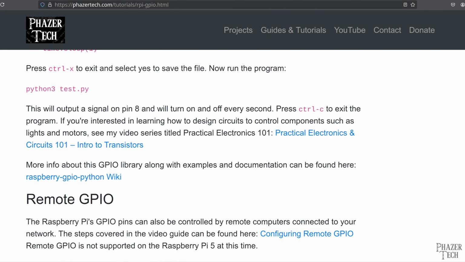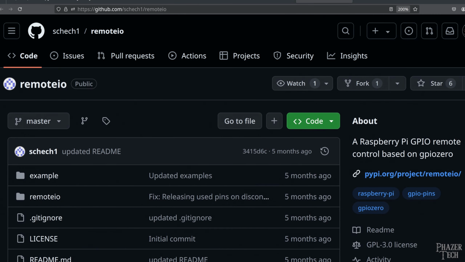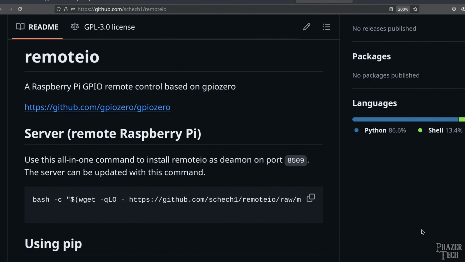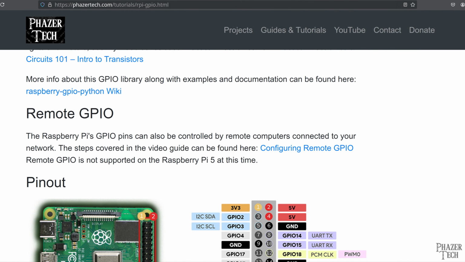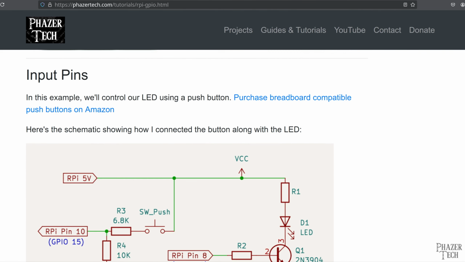Now, in the previous video, I also covered how to use the remote GPIO library so that you can control the Pi's pins from a separate computer connected to your network. But unfortunately, this isn't compatible with the Pi 5 either. There appears to be an alternative remote library for the Pi 5, but its functionality is pretty basic and not as robust as the previous library was. So hopefully this continues to get developed since remote GPIO is a pretty useful feature. But anyway, we won't be using the remote library in this video, so let's go down to the input section,